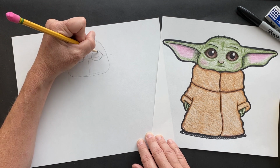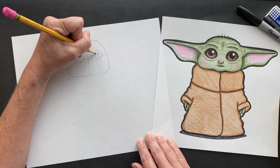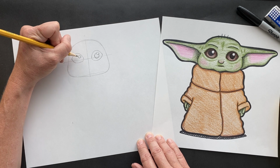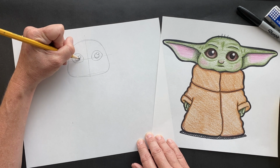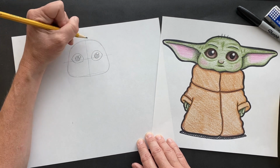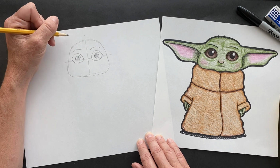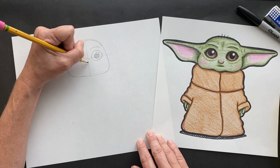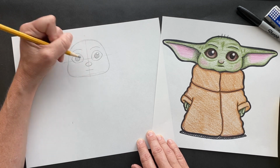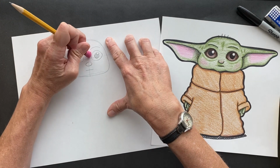Okay, now we're gonna give it shiny and we can give it its pupil. Same thing, shiny and the pupil. So this is gonna be colored in with Sharpie just so we can see what we're doing here. This is one of its big wrinkles. We'll just draw it across the top. And his nose is gonna go right there and his mouth is just going at the bottom. So now what you can do is you can erase